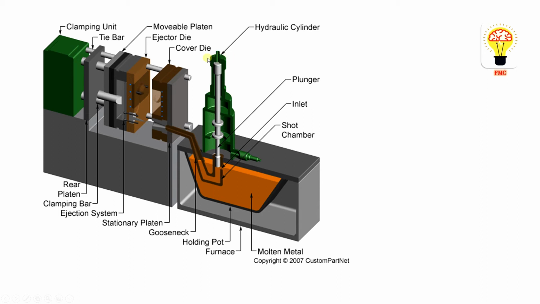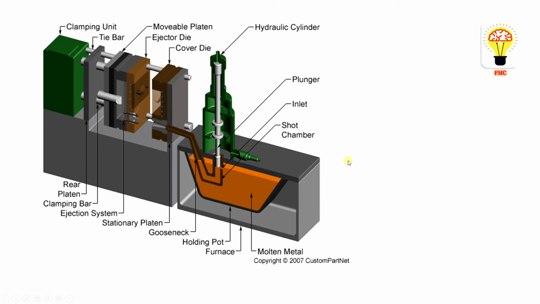As you can see, a hydraulic cylinder is available. Whenever the workpiece is finished, just push it here, so molten metal will go through the gooseneck and go to the secondary and primary. This is movable, this is fixed. In between we have the pattern, so whenever you need clamping, the board will come and touch and the gap will be filled by the molten metal. Work is over, it will go back, and you can see some ejector system is available, 1 2 3 something, correct? It is very very easy.